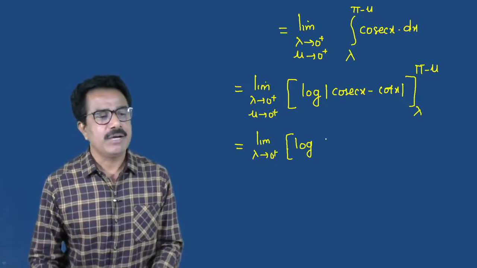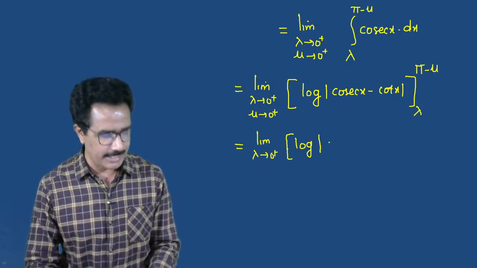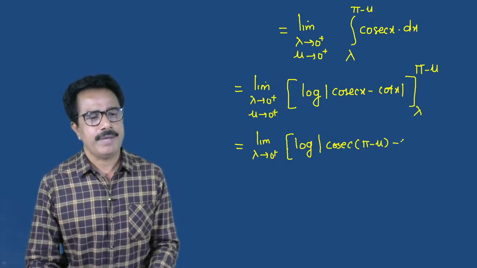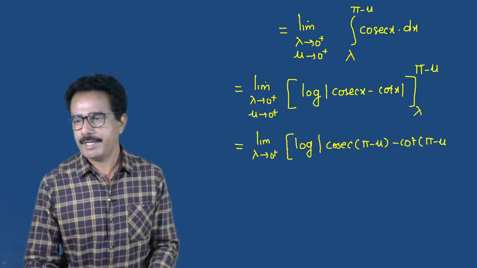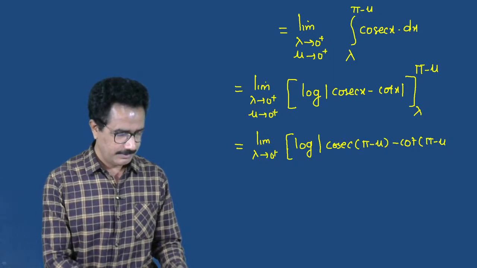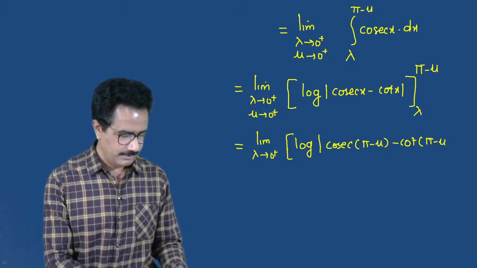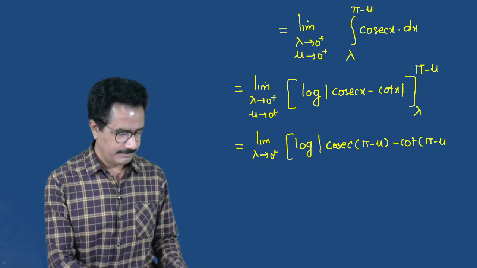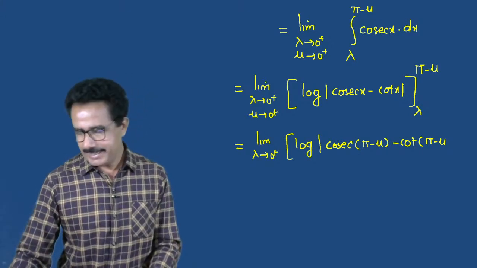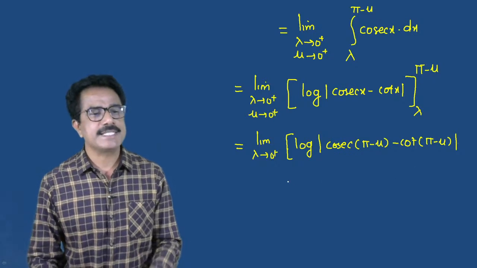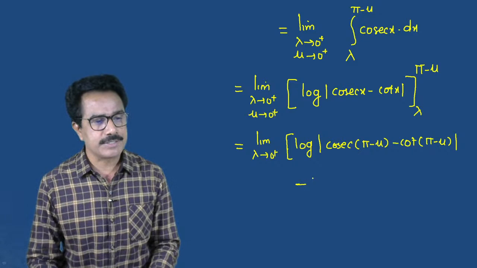Okay, now see this, put the upper limit. What is the upper limit? Cosec of pi minus mu minus cot of pi minus mu. Right. Okay. Minus, now put the lower limit. What does the lower limit give? Minus log of